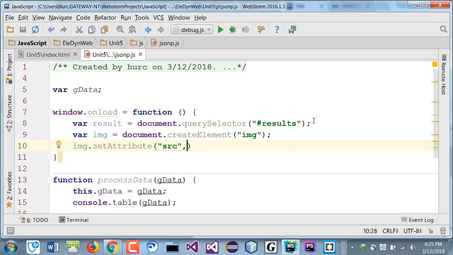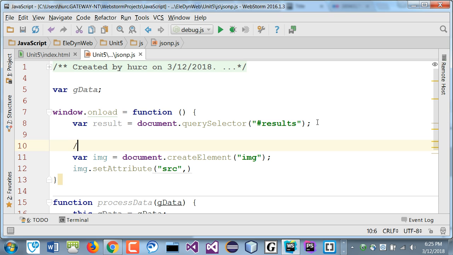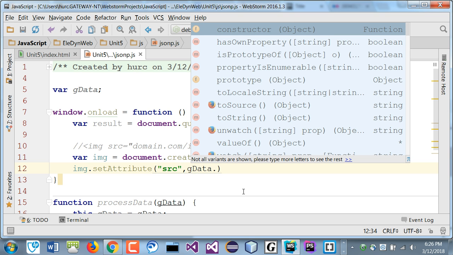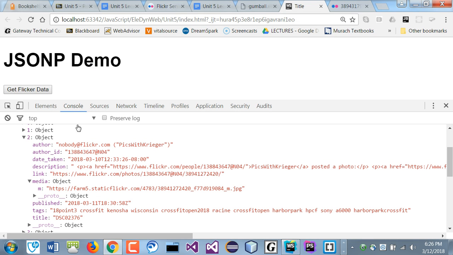Okay, so that's src. In other words, it will look like image src is domain.com/image.jpg, something like that, right? It will look like that. So we need to get this domain image, and that's coming from the data here. So it'll be the gdata. I'm just going to test one of them. Gdata dot, how do we say item? Can't remember. Gdata